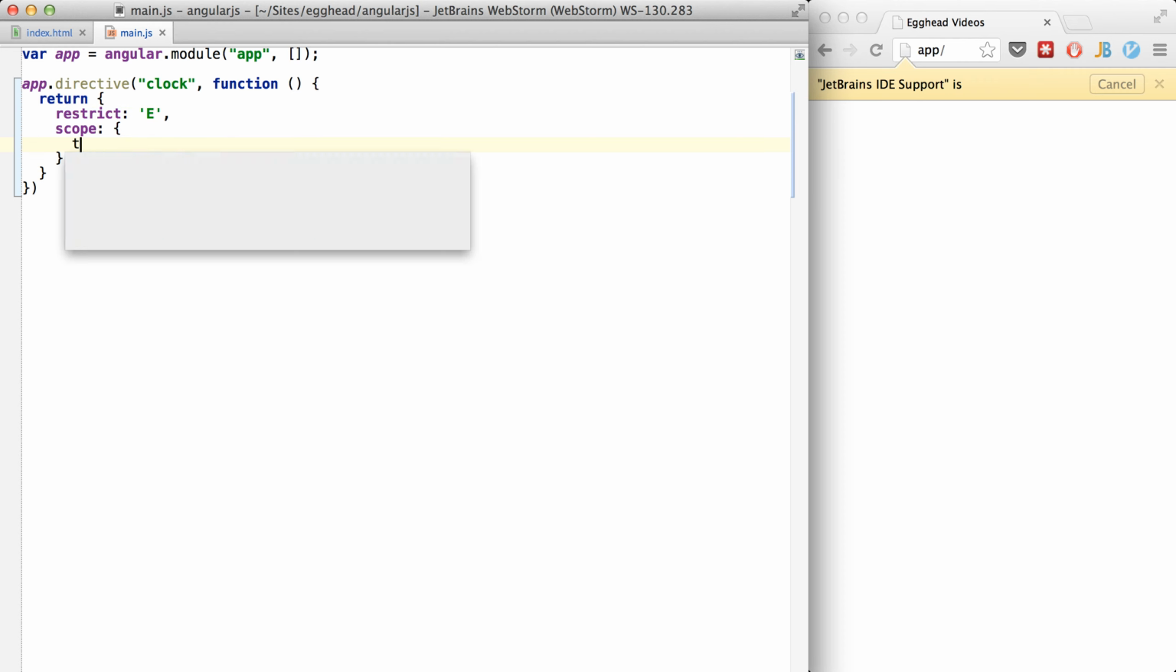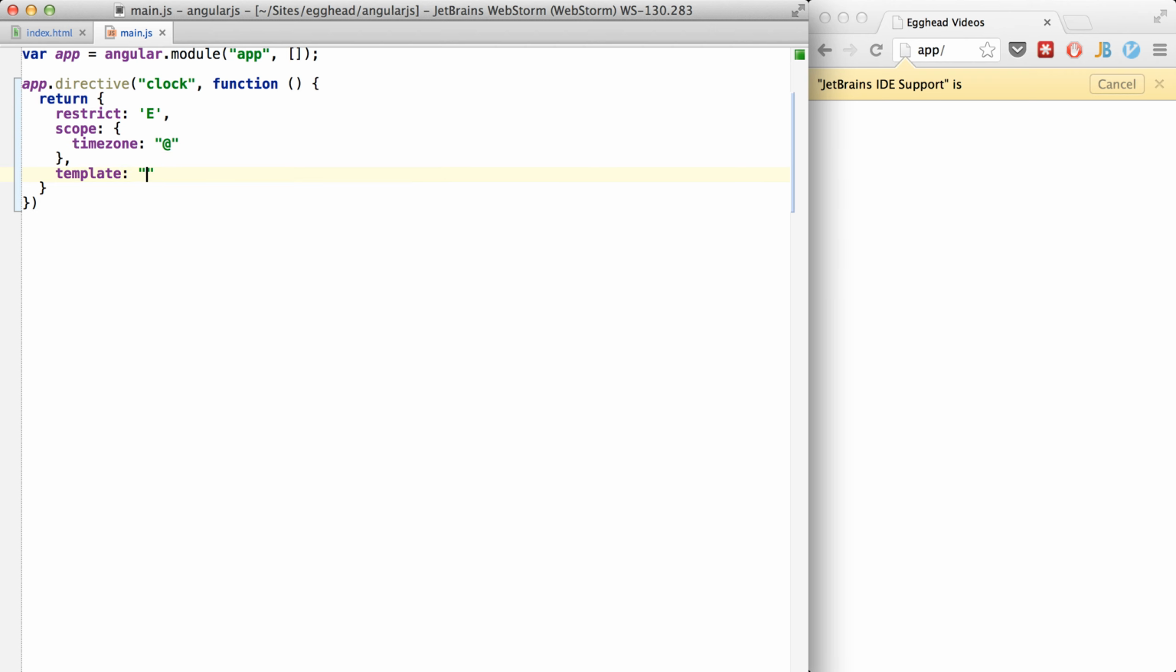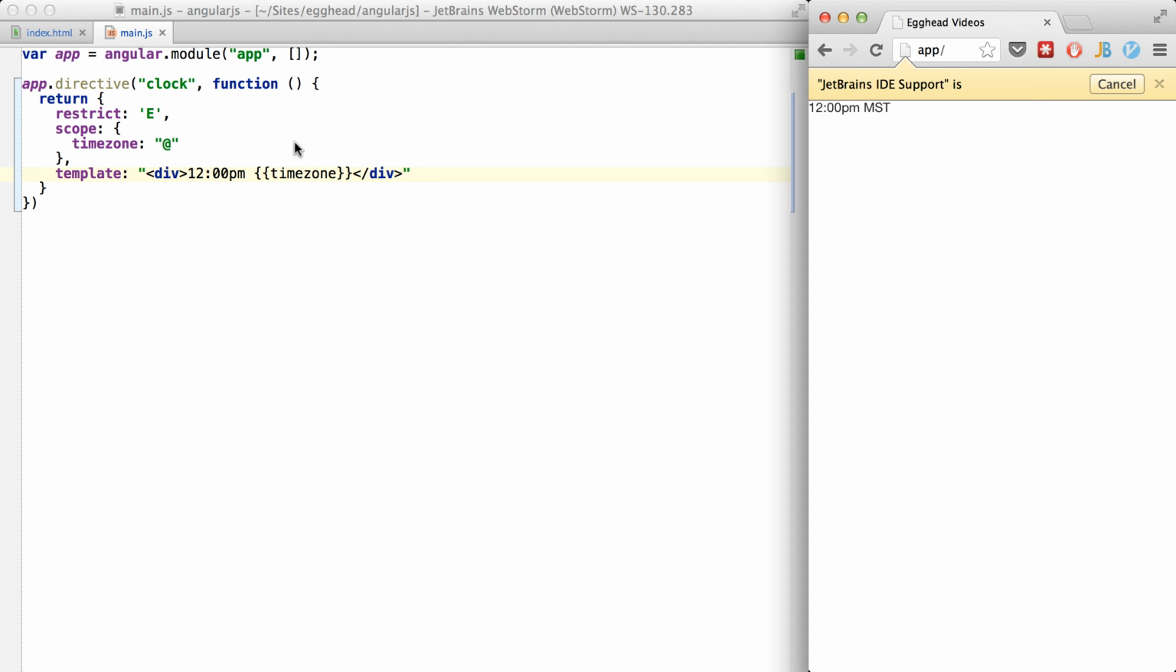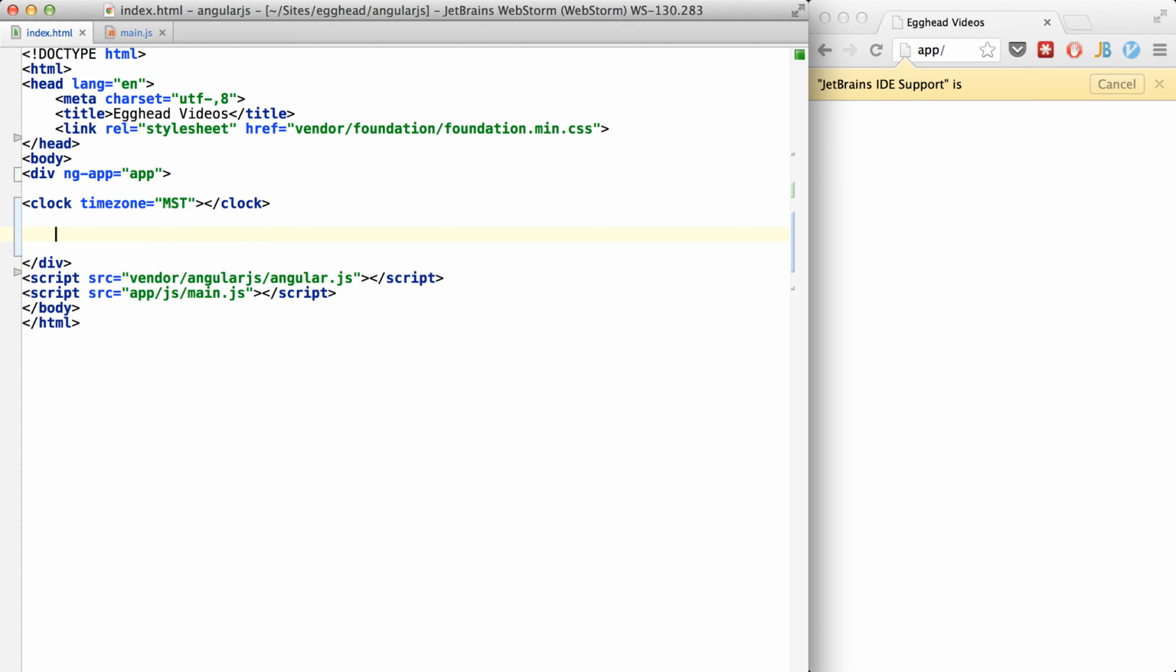we let the time zone come in as a string, and then the template can be something simple that just displays, let's say a div that binds, or we'll do 12 p.m. and then binds to the time zone. So if we look at that, it's just 12 p.m. MST, and MST is coming in from that attribute. So that's a component. Just kind of display the data you pass into the attributes, and that's all you have